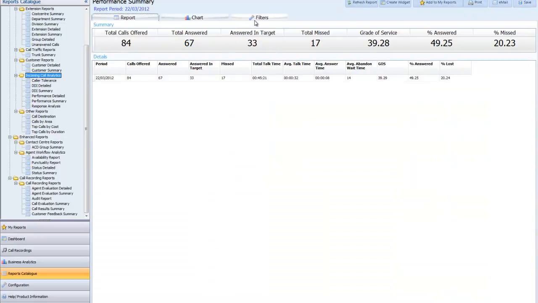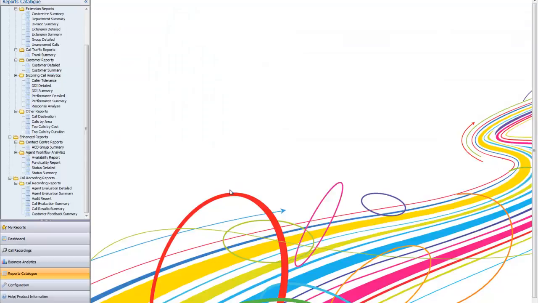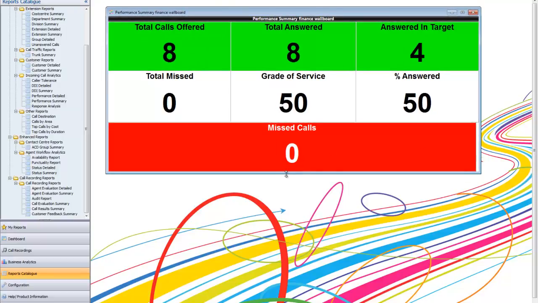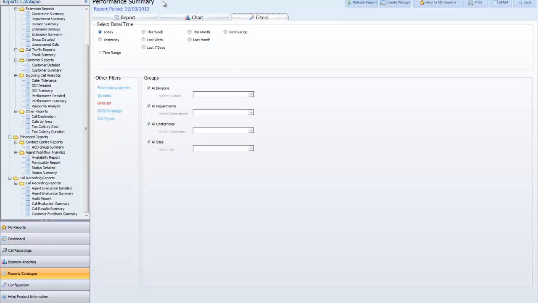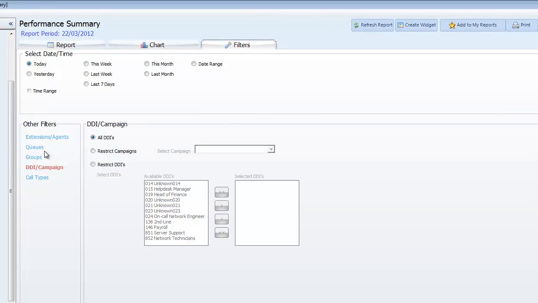We could have filtered that for a specific group, and if we filter it for a group, we can then create a tiled wallboard displaying as a wallboard the information for that group. So all I did to create this was run a performance summary report, but I chose it for a specific